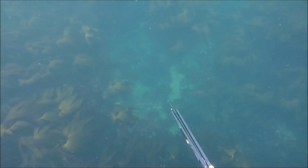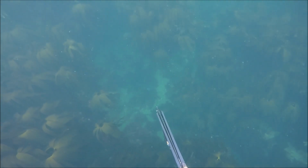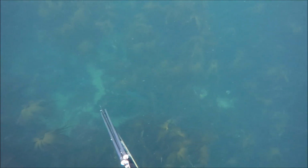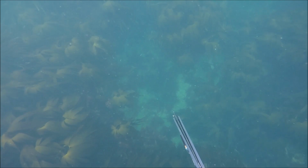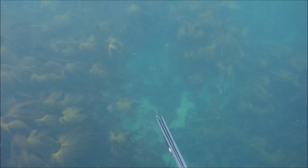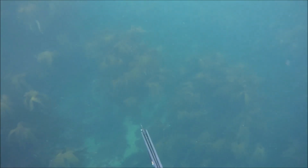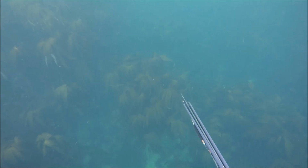So what I'm going to do here is I'm just going to drop down into the kelp, get myself to a nice position for an Aspetto ambush. And generally when you do this, the bass that you see milling around, they'll obviously shoot off to start with, but they'll generally come back in. You can grunt to call them back in, and you'll be presented with a much easier broadside shot from the bottom. It's far easier shooting fish off the bottom, and it's partly because you've got a bigger target area to aim at when they're side on rather than top down, but also because you're buffeted less by the swell and